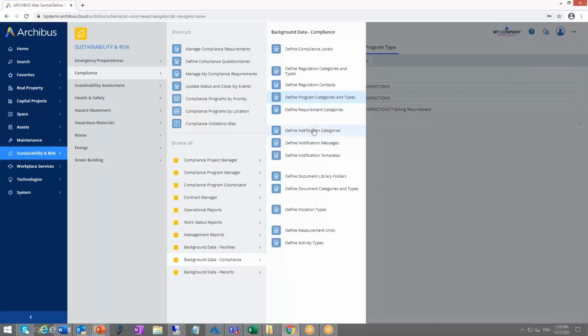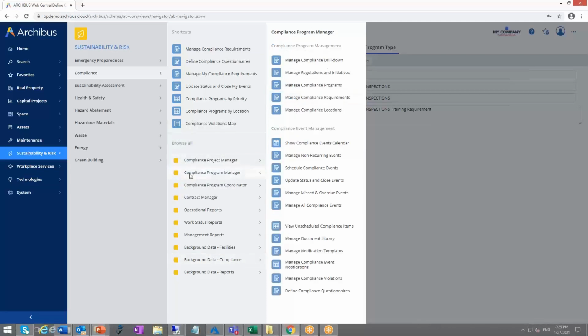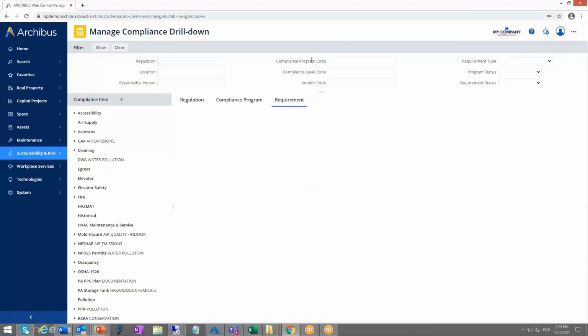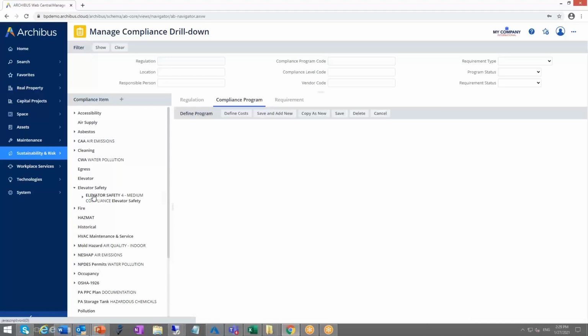So there are some notifications and messages associated with it, which sends out events, etc. I'm not going to cover that in too much detail. What I'm going to go back to is the main, oops, not this one, this one. So this is the console for managing all requirements. So if I look at my elevator safety,